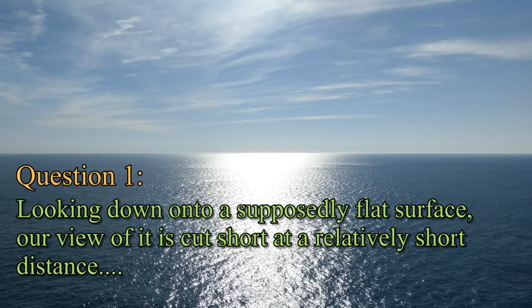Question 1. Here we are looking down onto what Flattards claim is a flat surface, and yet our view of that flat surface is abruptly cut short. It just stops being visible. Why? Flattards should note at this point that simply bleating, "But my perspective," is not an answer, and that if you oxygen-thieving troglodytes expect to be taken seriously, you're going to have to be more sophisticated in your answers than the class idiot who thinks he's smartly saving himself some effort by just copying the retard next to him. Back up your answer with geometry, assuming perfectly clear viewing conditions like those shown here.